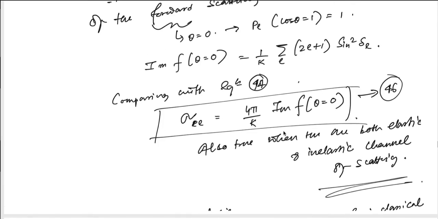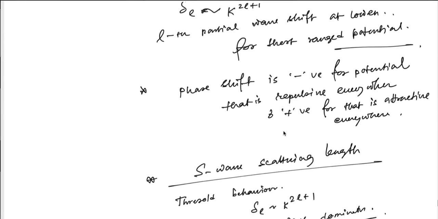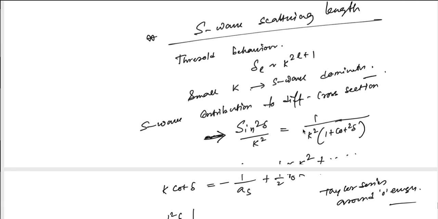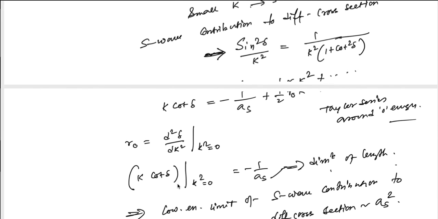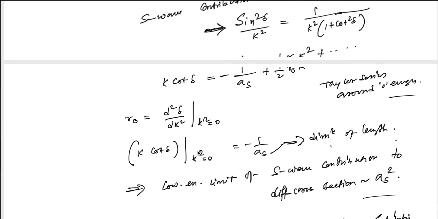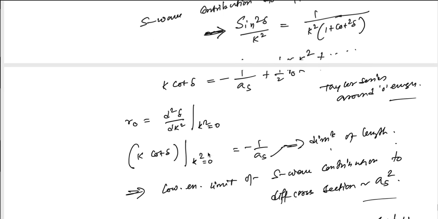If I take this contribution formula, which is there in equation 45, it is nothing but a term which I can write as 1 by k squared plus cot squared delta. Now this k cot delta, this non-trivial denominator, can be expanded as minus 1 by a_s plus half r_0 k squared in a Taylor series expansion about zero energy. This has a dimension of length, of course, because it comes in the cross section expression, and this is called